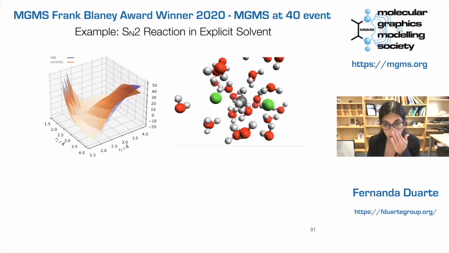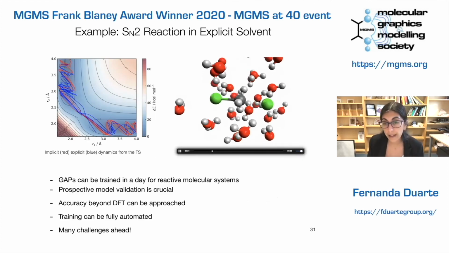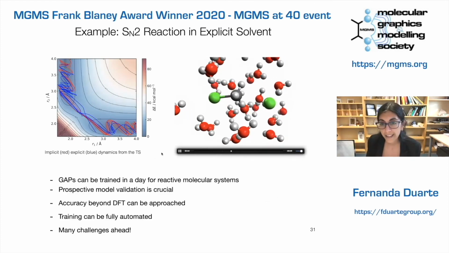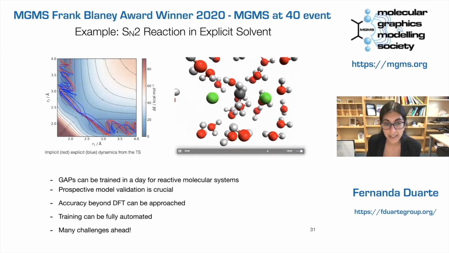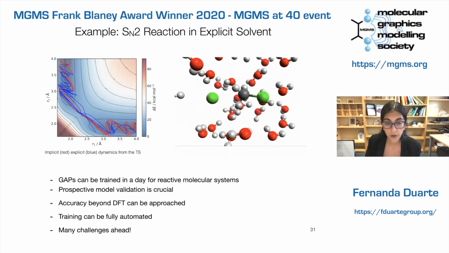So this has been our first introduction to including solvent around the system. So this is a water solvation, and we can propagate dynamics from the transition state going to reactant and products, and even see recrossing in some cases. We can train that in a day, and that was very important for us. We wanted something efficient, something that people, organic chemists modeling, hopefully in the near future will be able to use, and having that fully automated.